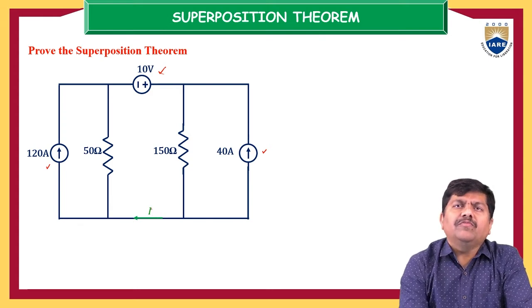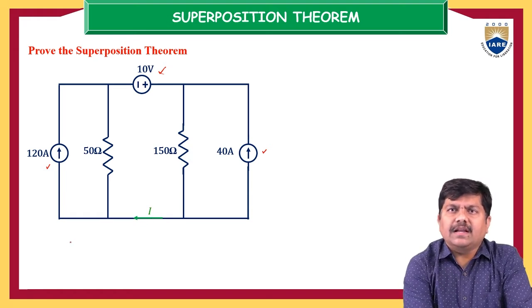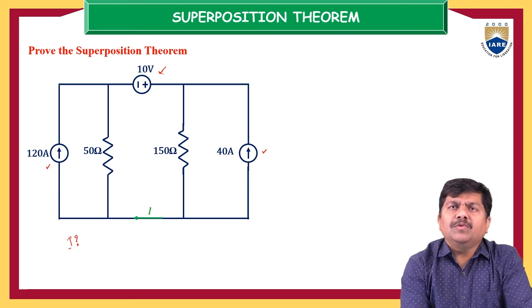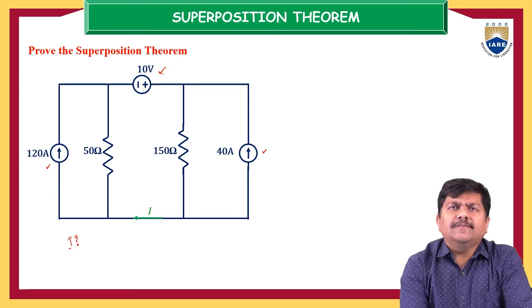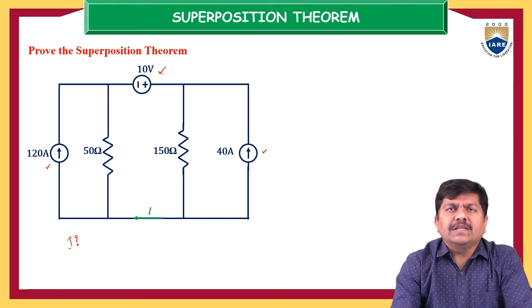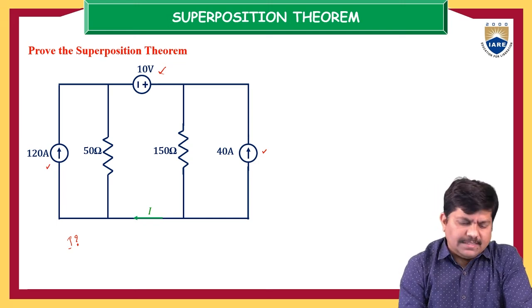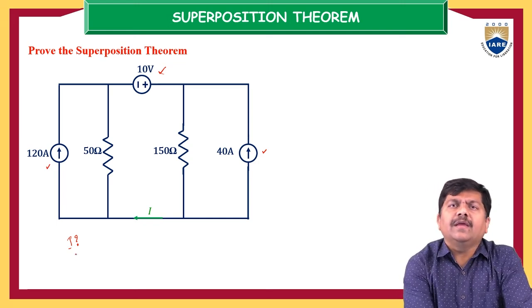So how are we going to verify the superposition theorem? Let us calculate this current first. Let the current we are going to achieve be I. Now, what method are we going to use for the calculation of this current I? Based on the method in which we have so much confidence. You can choose any method like Kirchhoff voltage law, or mesh analysis, or Kirchhoff current law, whatever it may be. You can take any fundamental laws in which we are so confident. Let us calculate this current I. Just record the current and keep it aside.